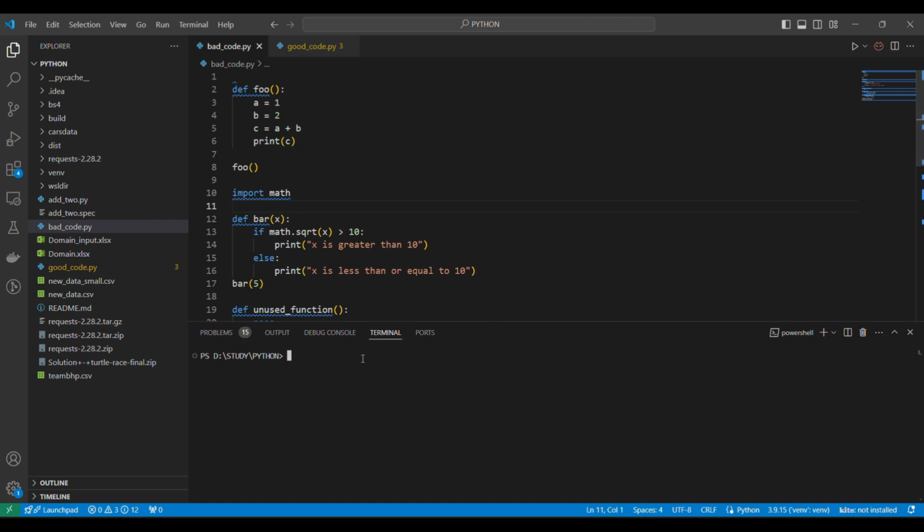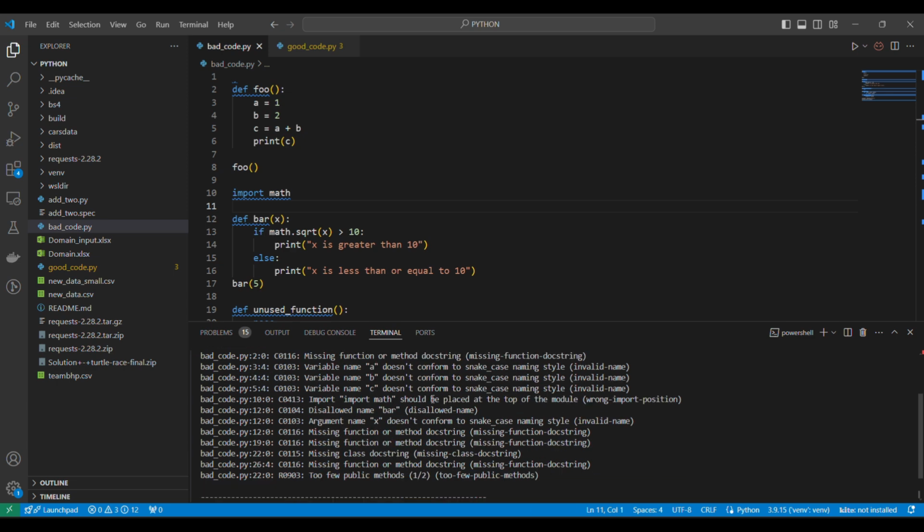So I'll open the terminal. Okay, so here, by default I think pylint is the library. What I mean by default is that it comes with the Python installation, I guess, but if not, you can install it using pip install, right? So I'll show you how to validate your code linting or code standard using pylint. Okay, so if you see pylint, whatever code that you have written, so bad code, this is my Python file. So if I run it,